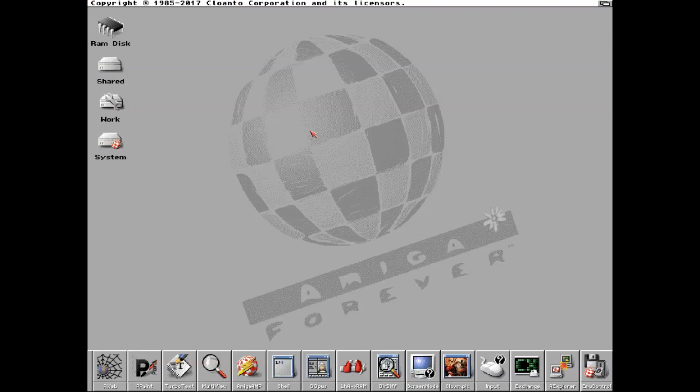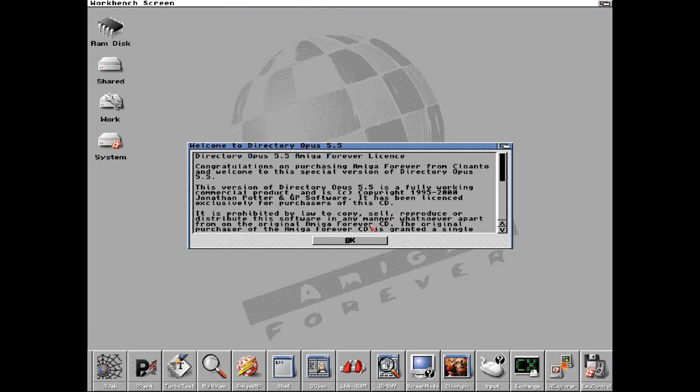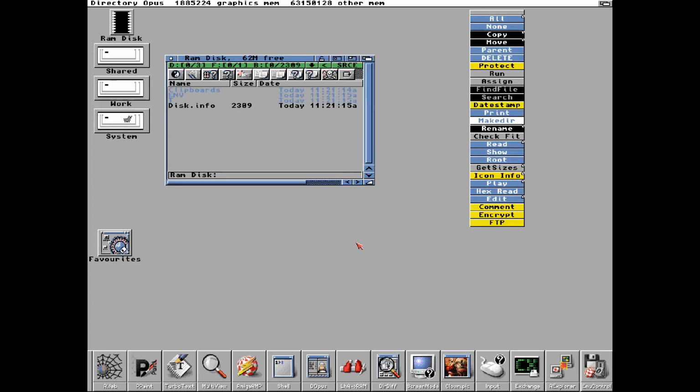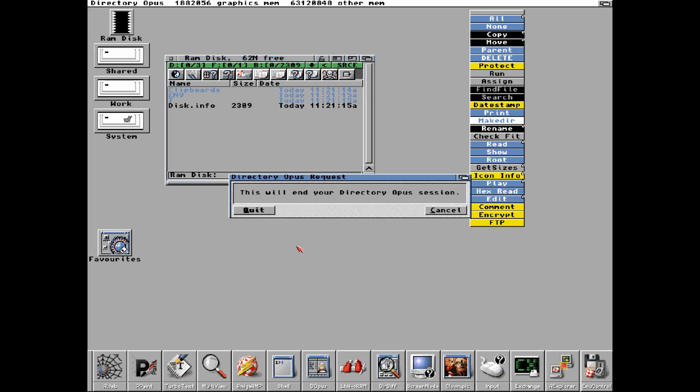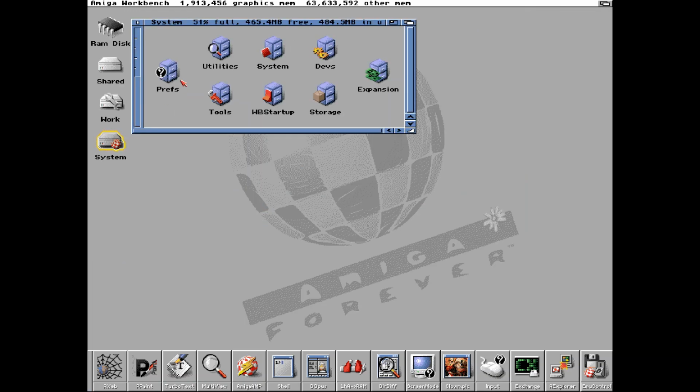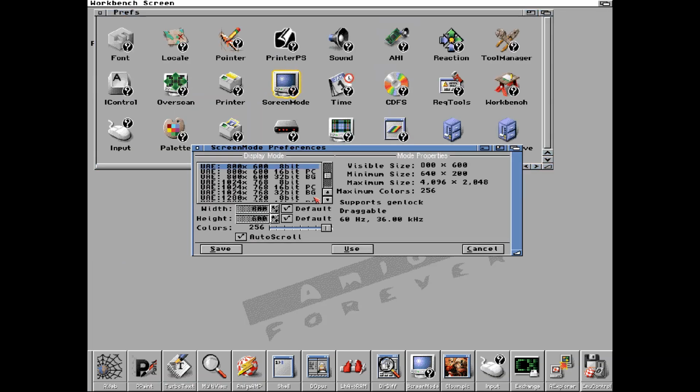And you can, like here, make a full screen. There is, for example, some new good stuff like Directory Opus 5 if you would like to use it, or not. You can use the standard Workbench file manager. In system preferences, you can choose the screen mode, and this is everything installed from the beginning, so you don't need special knowledge like with WinUAE to set up the bigger screen, for example here, or set up the graphics card or